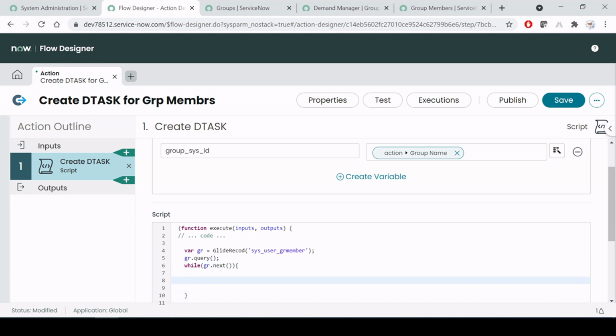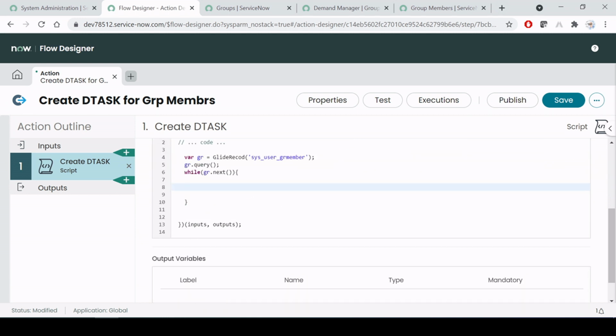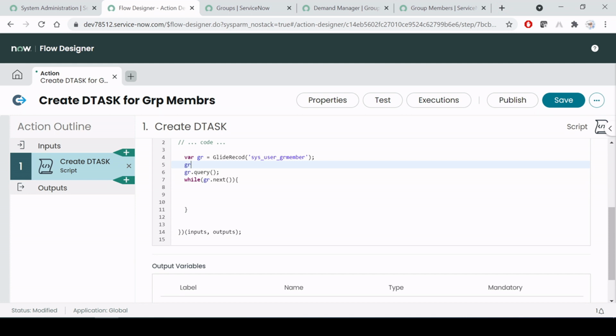And here, because this is the loop which is going to give all the group members, right? And we are forgetting one more thing, that we have to add for which group we are going to do this, right? So gr dot addQuery, we will be doing